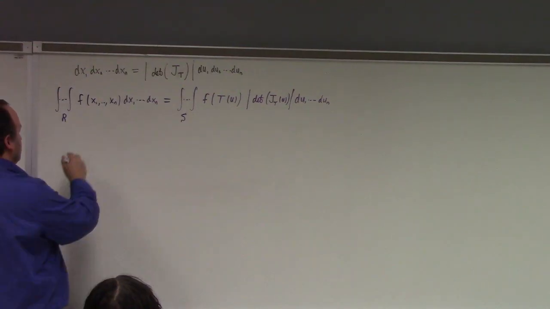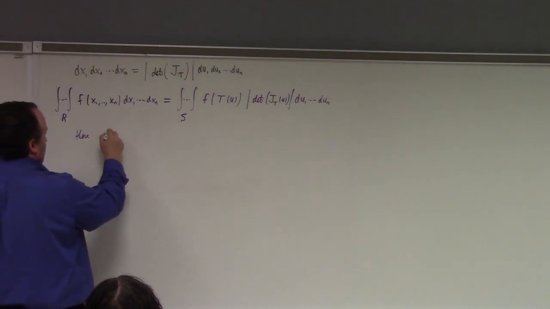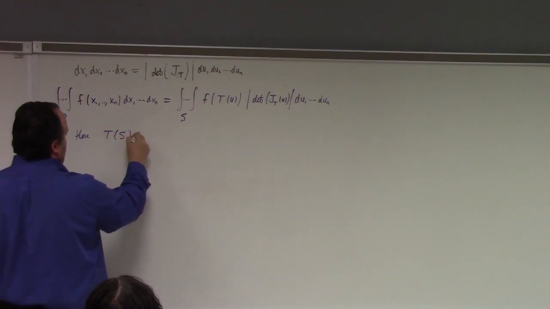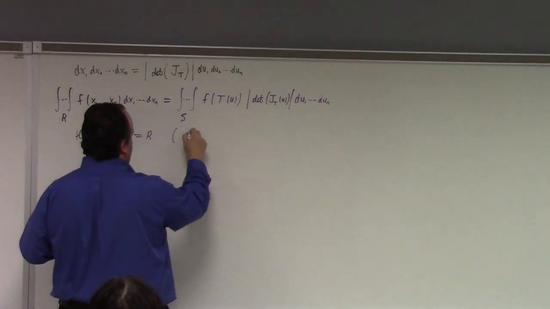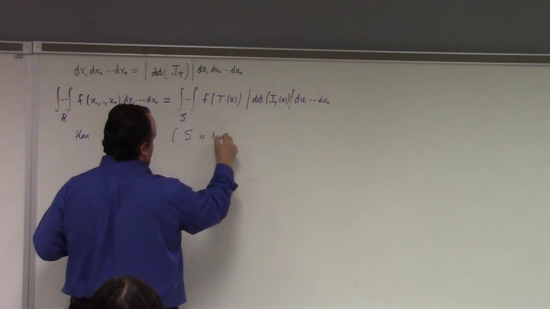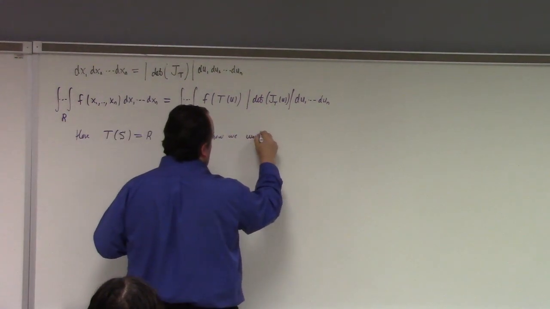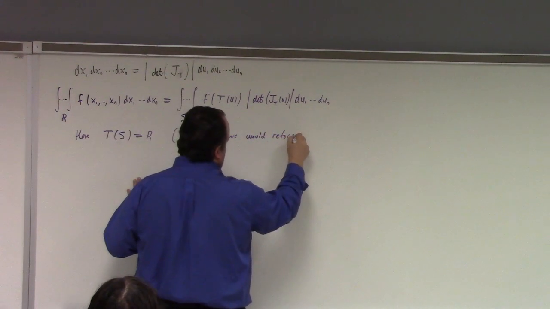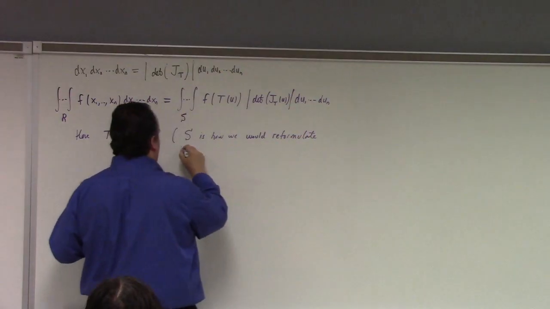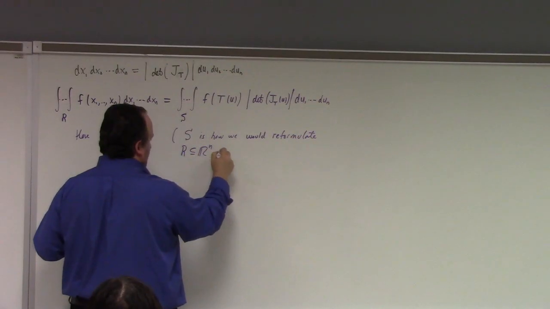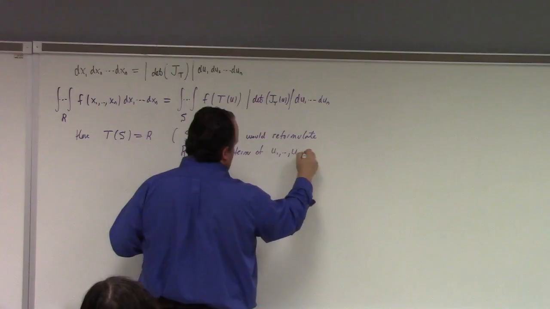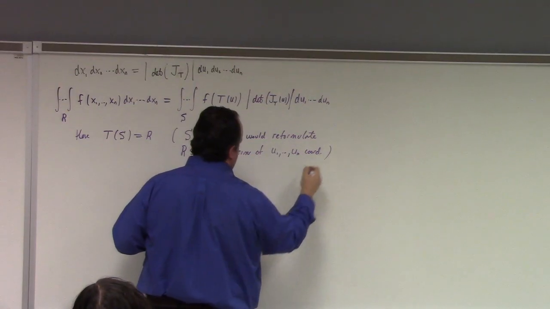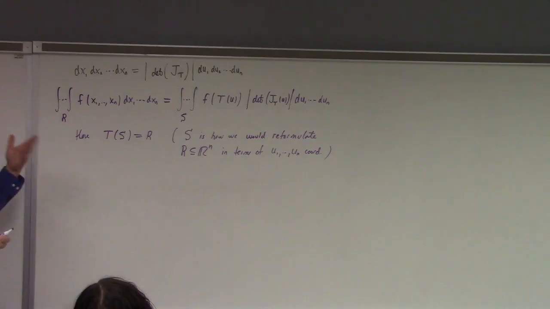Now here, T of S is equal to R. So this is how we would reformulate R, which is a subset of R^n, in terms of u1 through un coordinates. All right. So I feel like I need to finish this before I talk about my three-dimensional pictures, but